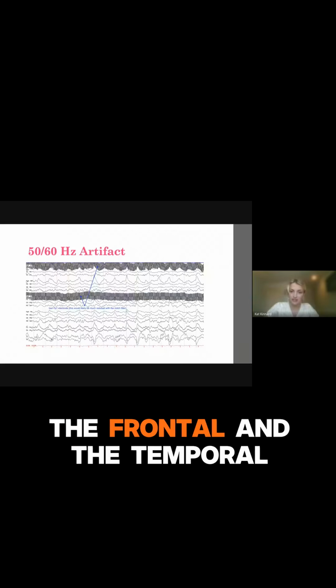And it appears as these fast, irregular, nasty waves. And so it especially appears in the frontal and the temporal chains if you look at the names of the electrodes that it's appearing in. So this patient is probably tensing their forehead. Now this is really scary. This is an example